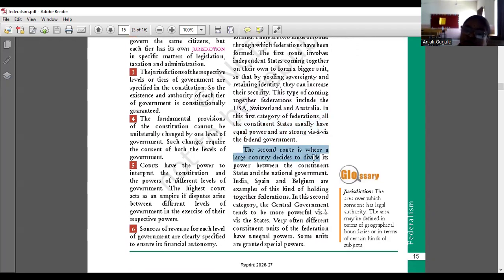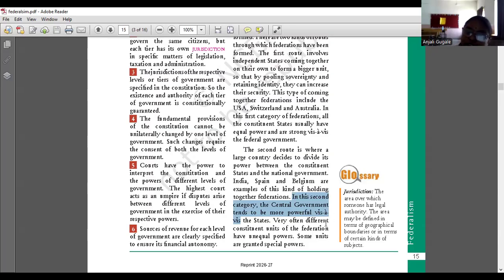The second route is where a large country decides to divide its power between constituent states and the national government. India, Spain, and Belgium are examples of this kind of holding together federation. In this category, the central government tends to be more powerful than the states. Okay, very often